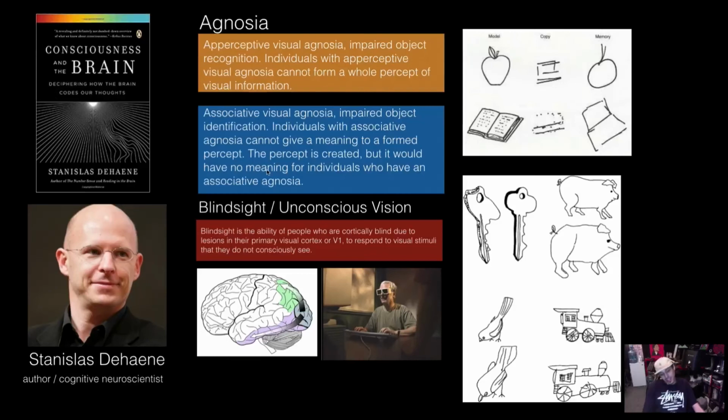There's an interesting condition called agnosia, and this ties in very closely with the whole idea of remote viewing and subconscious processing. The whole idea of the subconscious mind getting all this information, and we're only getting the tip of the iceberg. This condition of agnosia is experienced by people who have different brain lesions that may have damaged certain parts of the brain.